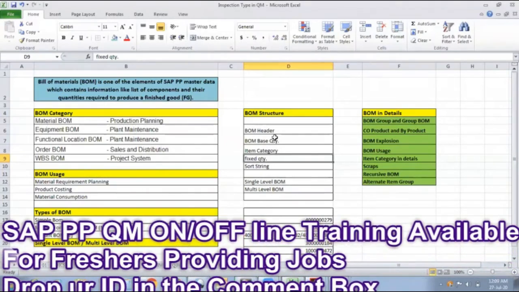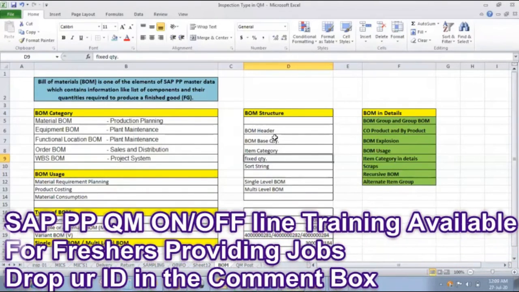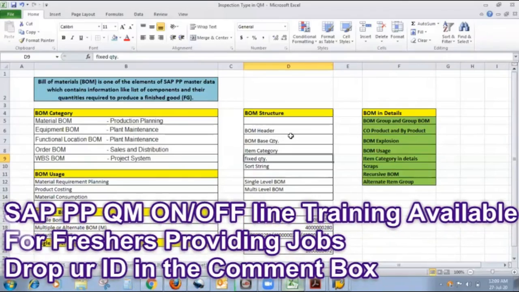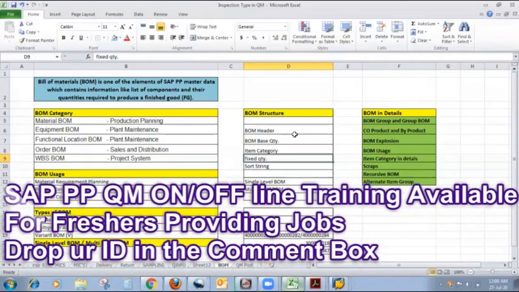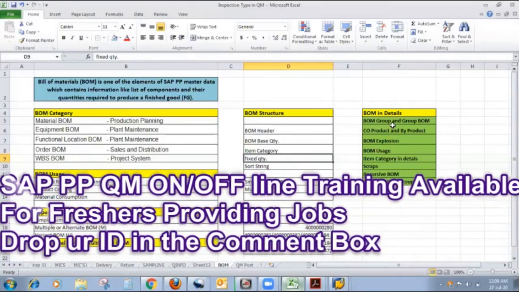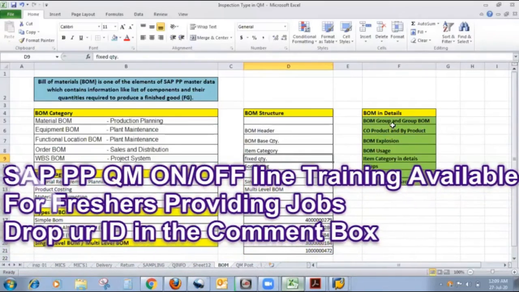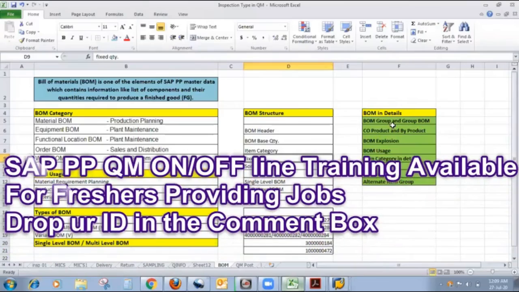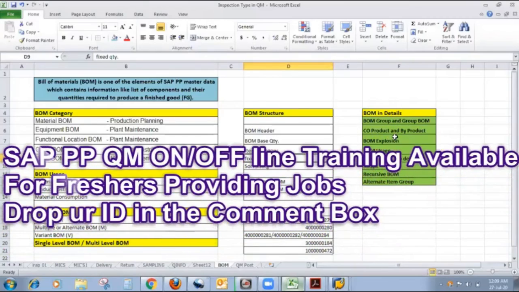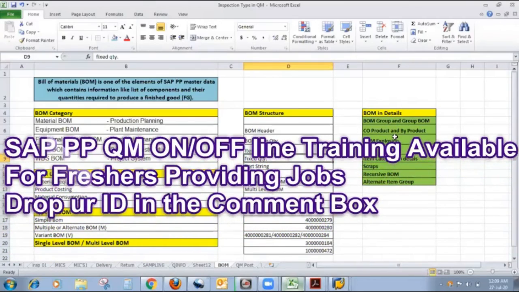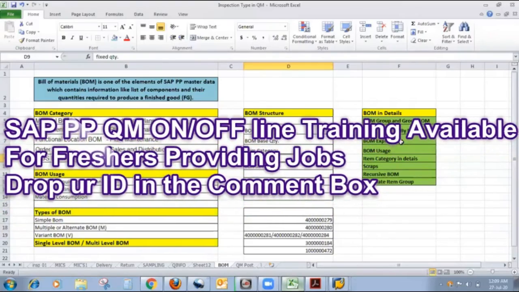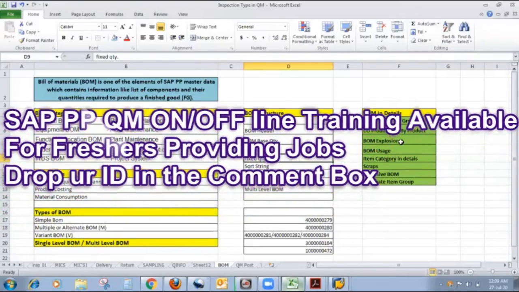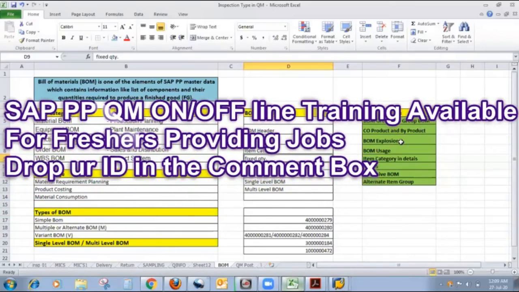If you want to learn more in depth, there are a number of topics I will cover during online or offline sessions. The topics are what is BOM group and group BOM, the difference between BOM group and group BOM, how co-product and byproduct we can maintain in bill of material, how BOM explosion takes place, meaning breaking of assembly from final level to lower level.